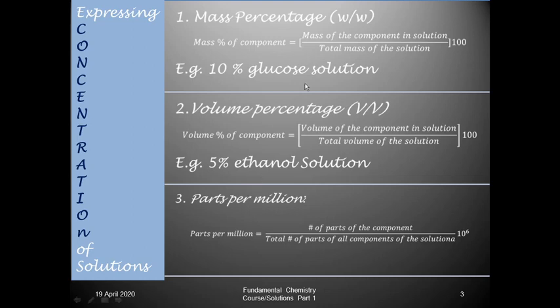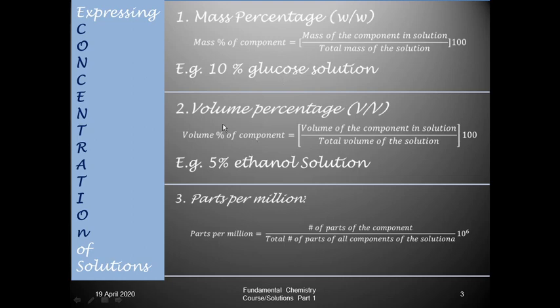For example, 12% NaCl solution. You can even vary the volume or mass of the solution. For example, if you want to prepare 10% glucose solution but only 50 ml or 50 gram, then instead of 10 gram of glucose you have to take 5 gram. That simple mathematics you can just verbally perform, and you can have the particular solution with the required concentration.